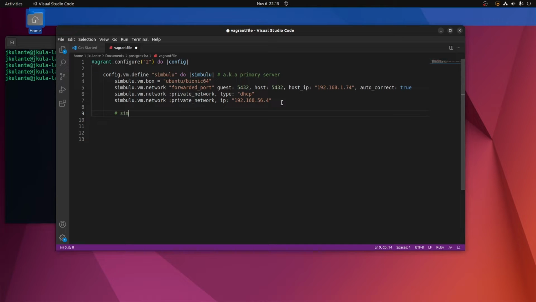So let's create, let's name this, create a share folder / driver. Okay, VM